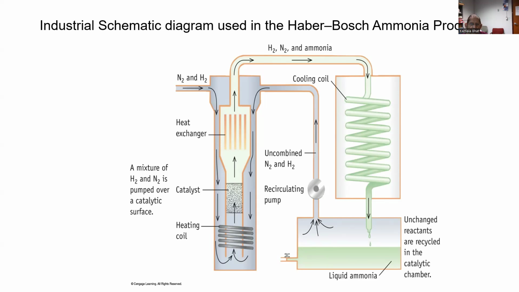And you can see that the whole setup, you have the catalyst, and nitrogen-hydrogen gas is pumped initially through the top of the tower, passes over the heat exchanger, gets warmed up, passes over the catalyst, and goes through the mixture heating coil to get warmed up. Once it gets warmed up, it passes through the catalyst over the heat exchanger, goes through the cooling chamber, ammonia gets liquefied where the remaining gases go through the recirculating pump and pass into the system again. And the whole process